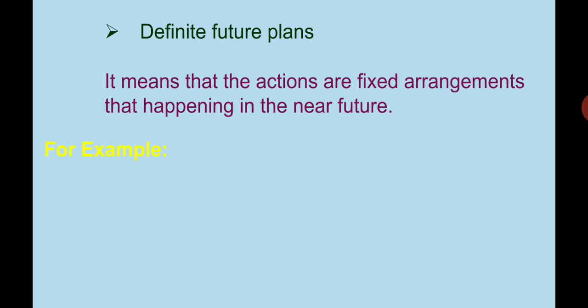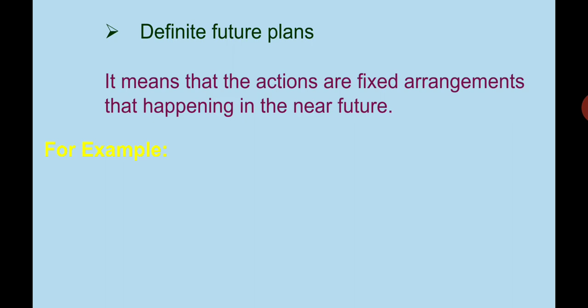It means that the actions are not happening now, but they will happen in the near future. The time is fixed, or we indicate this time with words in these sentences. So let's see the example and understand